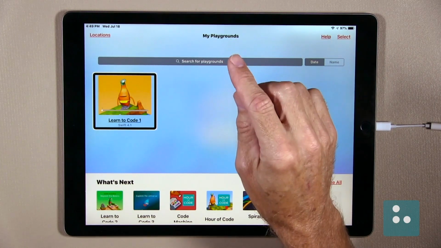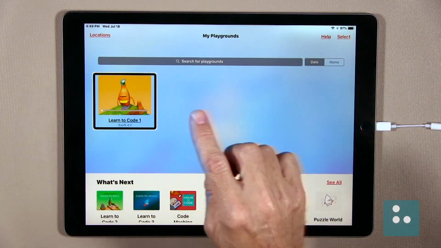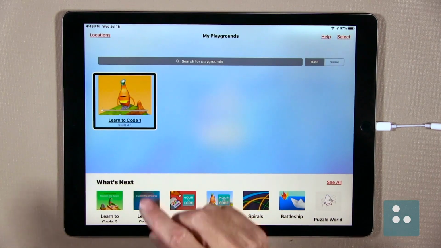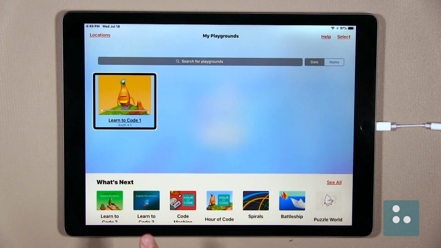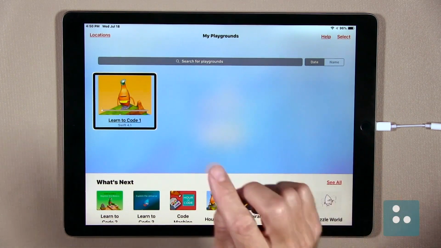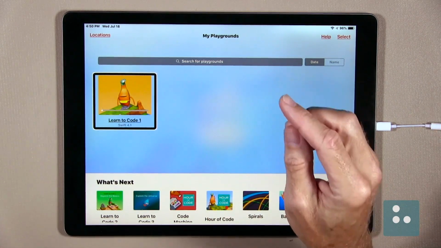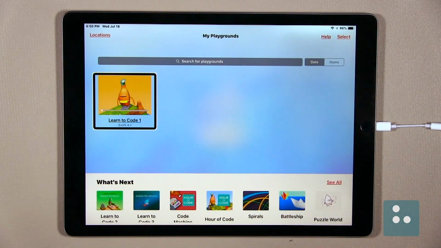Now, our My Playgrounds page is actually divided into two distinct sections. We have our downloaded playgrounds listed here at the top of our screen, and along the bottom edge of our screen, where we would typically find our tabs, we've been given a list of additional playgrounds that we can easily download. Of course, all of our playgrounds here can be downloaded for free. And hey, we all love some free, right? Anyway, how about we get started exploring our My Playground screen here?